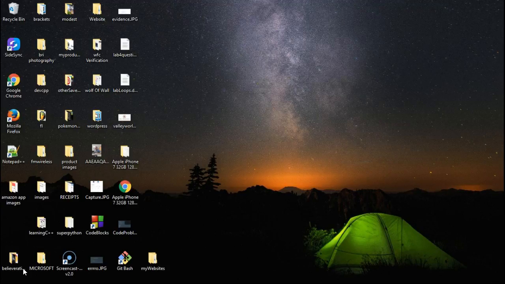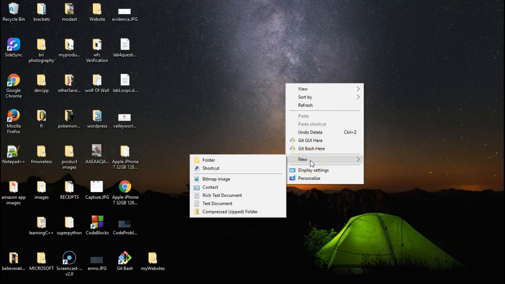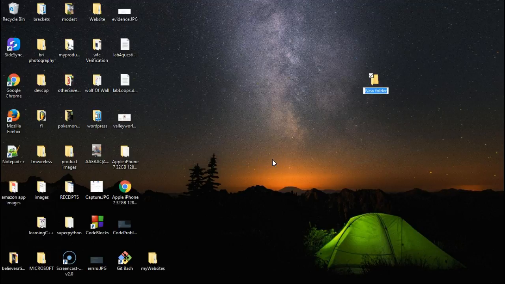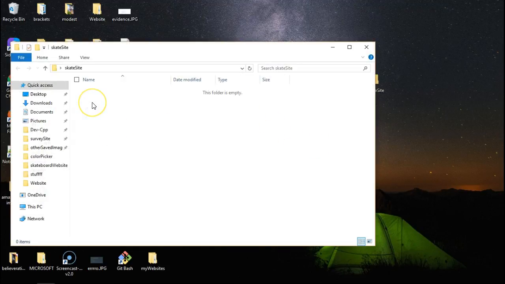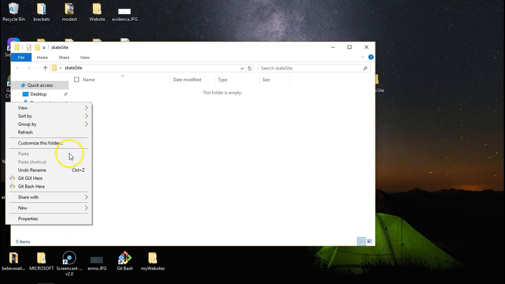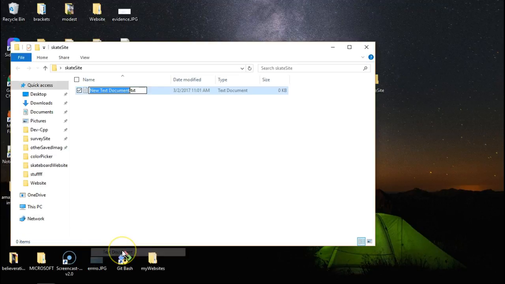So what you want to do first is create a folder that's going to contain the website. We can name this folder whatever. We could do skate site. Inside of this folder, we want to create a blank text file. So we go to new and then text document. We want to name it skate shop